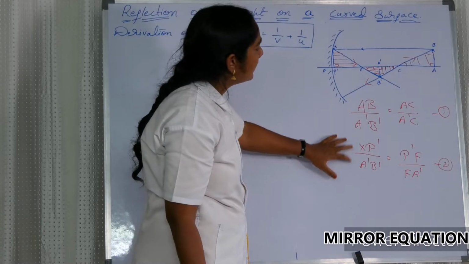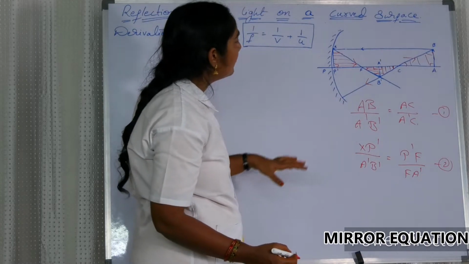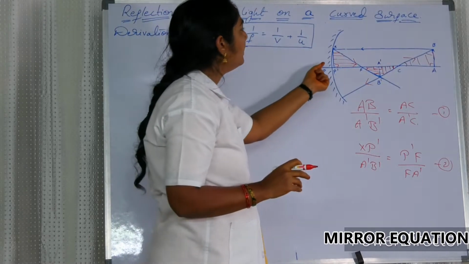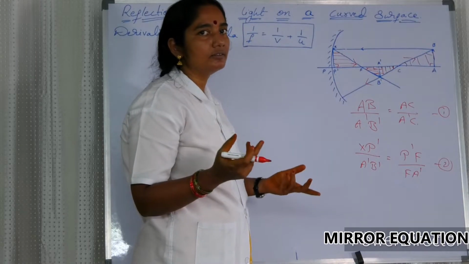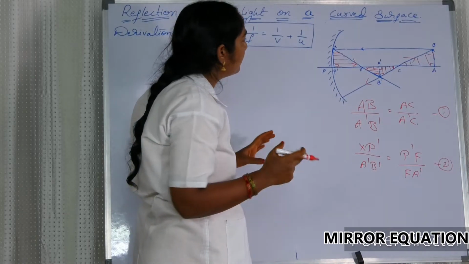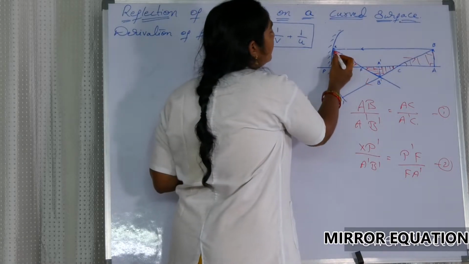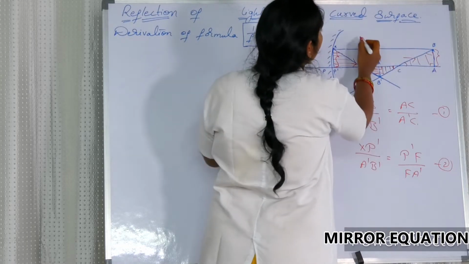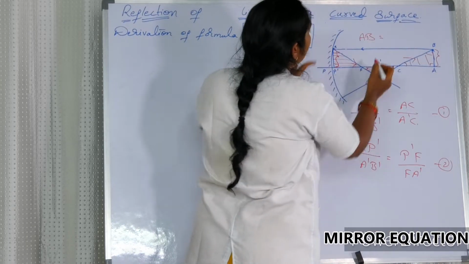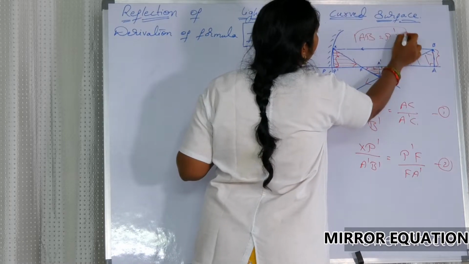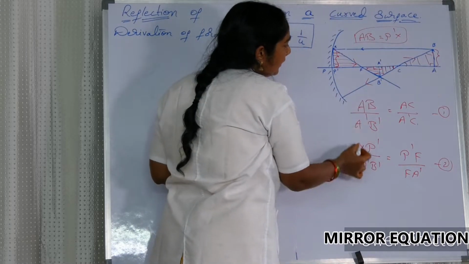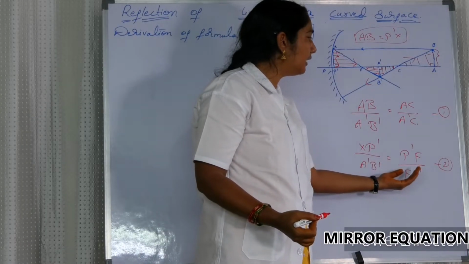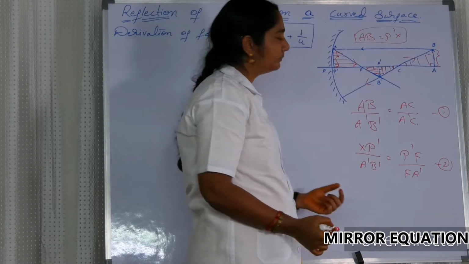Now when we are considering these two equations, please consider that because the aperture is very small, P and P dash are almost at the same point. We can consider P and P dash almost at the same point, and these two are same. Means AB is equal to P dash X. Because these two are same, now you are taking the left hand side and the right hand side. The two left hand sides are equal.